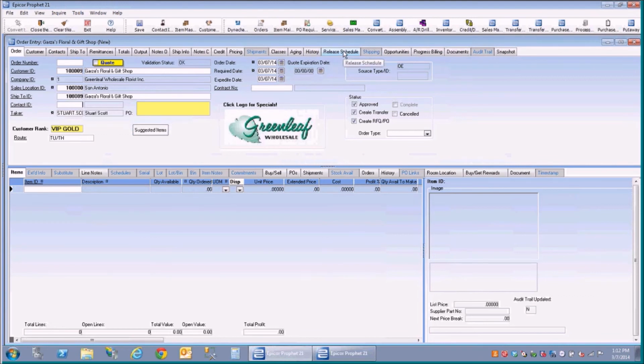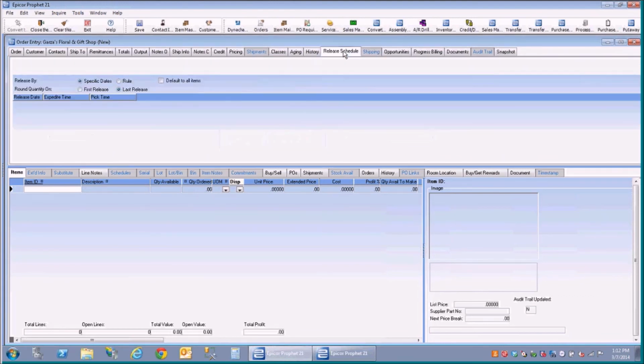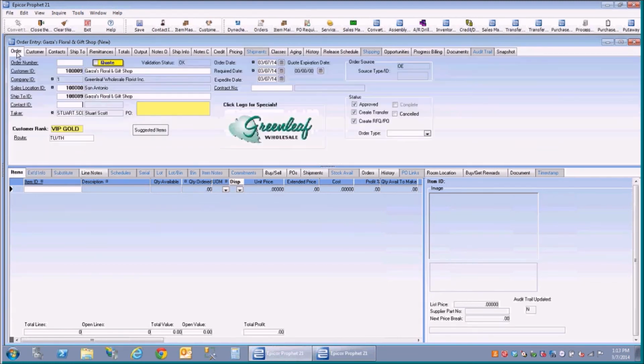So I can come in here and say, I don't need to release this until a future date and time. And I could even say default it to all items, or I could have different dates on different items. I'm going to say this is maybe going to be a Mother's Day order, and they really don't need it until this date here. Okay, and then as we start entering the items in,